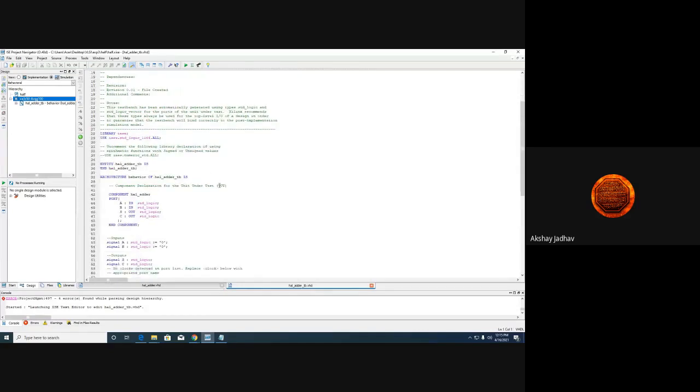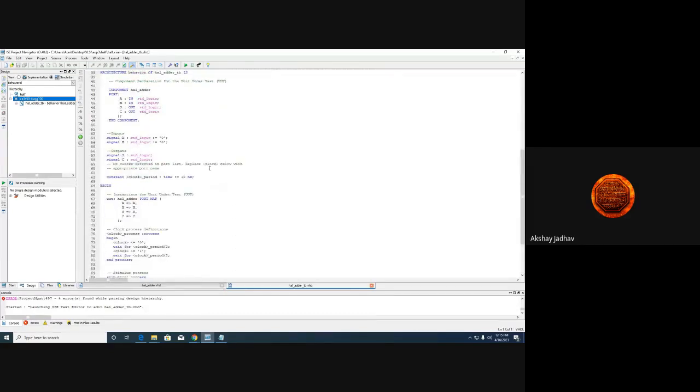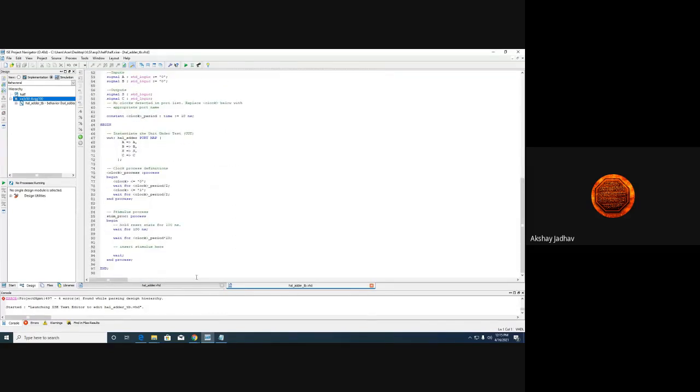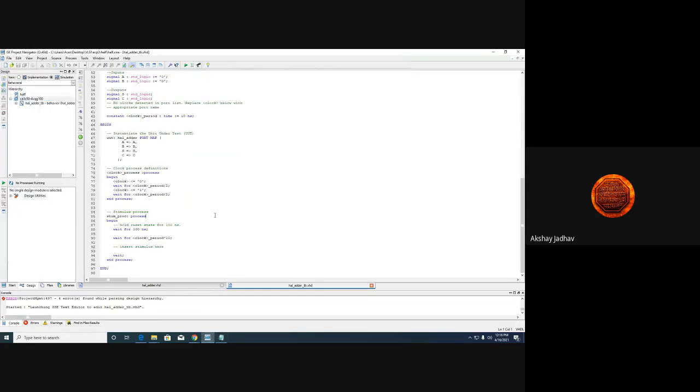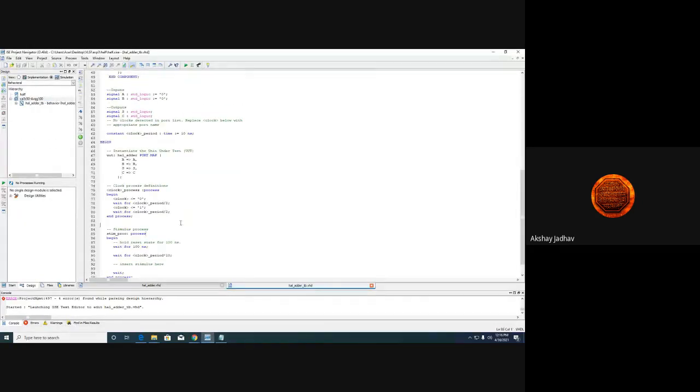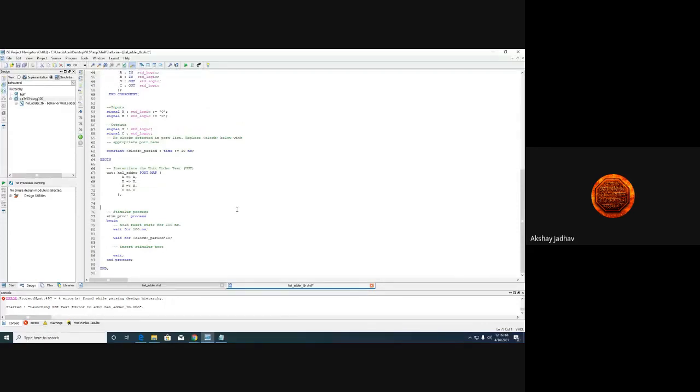Now see, the test bench of your half adder has been generated. So what you have to do is this: I have already generated a test bench with me, so I'll just copy it and paste it over here. Before that, we need to remove these particular clock cycles, as we don't want real-time simulation. We are going to see it.